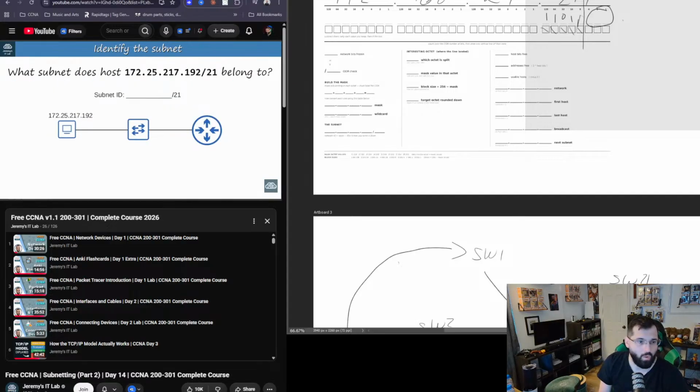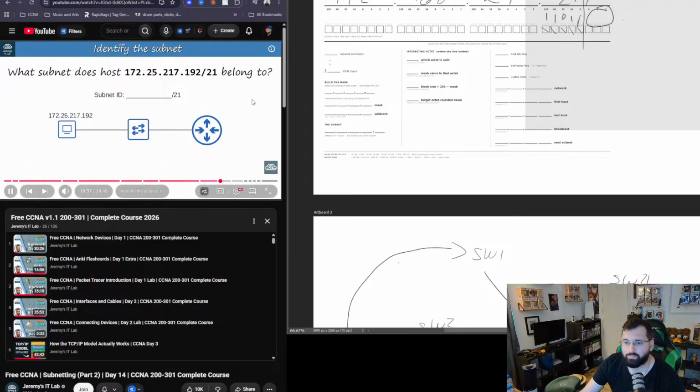Okay, before moving on to the quiz, let's do one more identify-the-subnet problem, this time with a Class B network. What subnet does host 172.25.217.192/21 belong to? Well, if we do it his method,